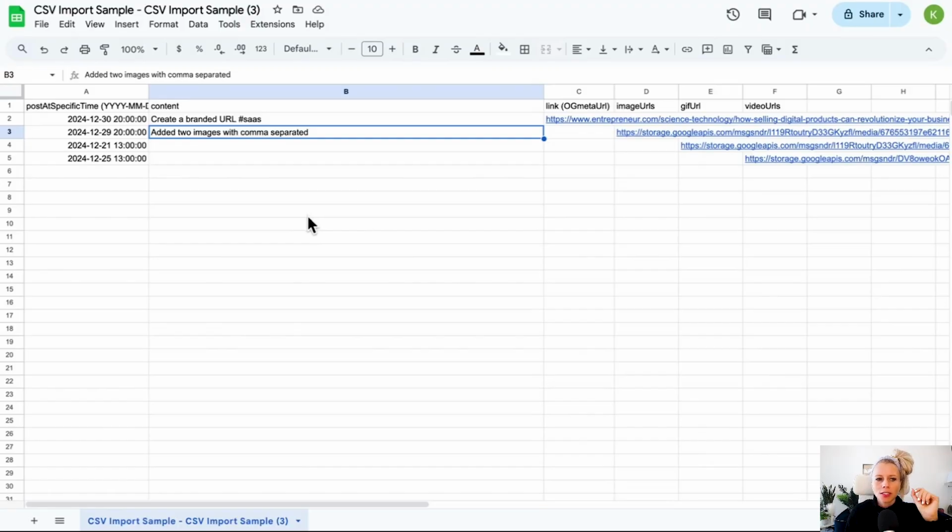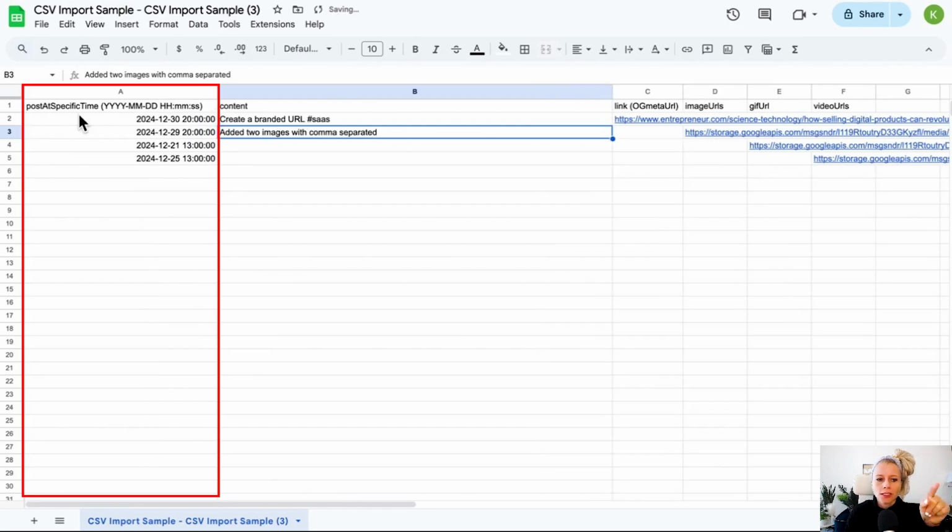Let's have a quick look how that CSV file should be formatted. So it's really important to stick to the given format right here. Otherwise, there will be errors uploading your content. So first in the column A, you can see the specific date format that we would like you to follow. So you can see here the year first, then the month, then the day, and the hour, the minute, and